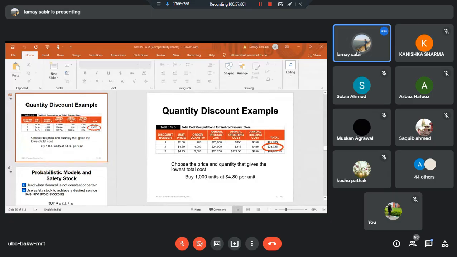This is a summary table. Now you look at the summary table, you will get all three total costs. If you see the extreme right, the first is 25,700, the second one is 24,725, and the last is 24,000-some value that is already there in the table. Now please tell me, out of these three figures, which figure is minimum? Here in this table, which figure is minimum? First, second, or third?